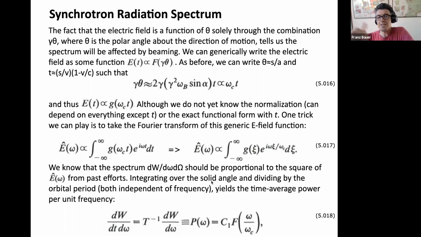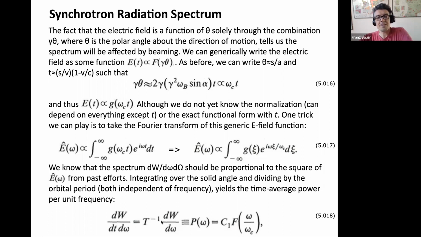And so we can integrate over the solid angle, and we can divide by the orbital period to get some sense of what this is going to look like. And this is all just very hand-wavy, just trying to understand the functional form of how this is going to look. So this thing here is equivalent to some orbital time